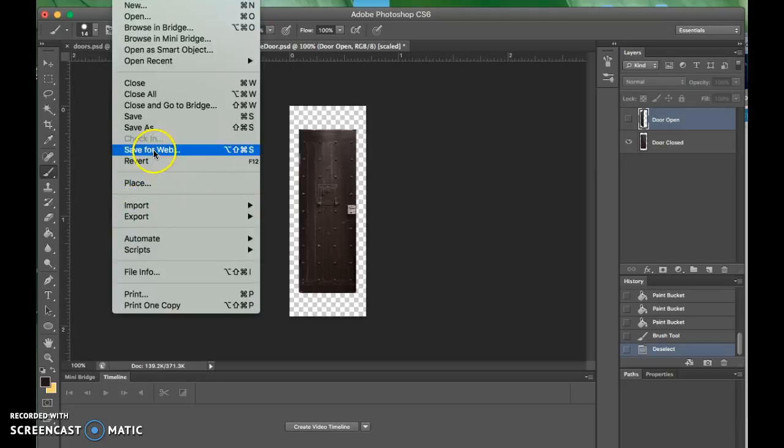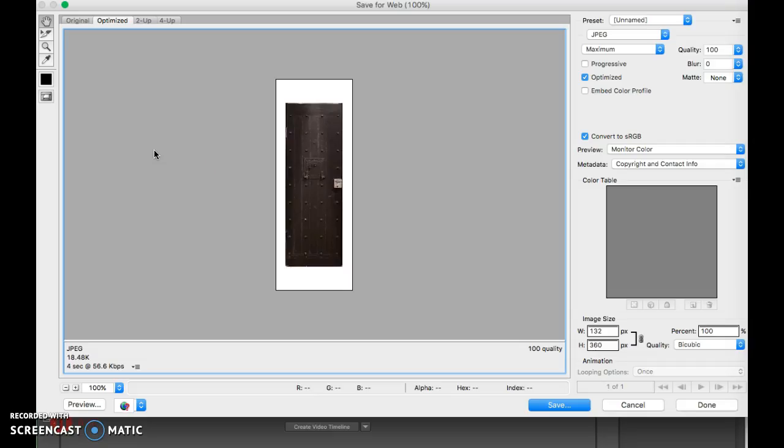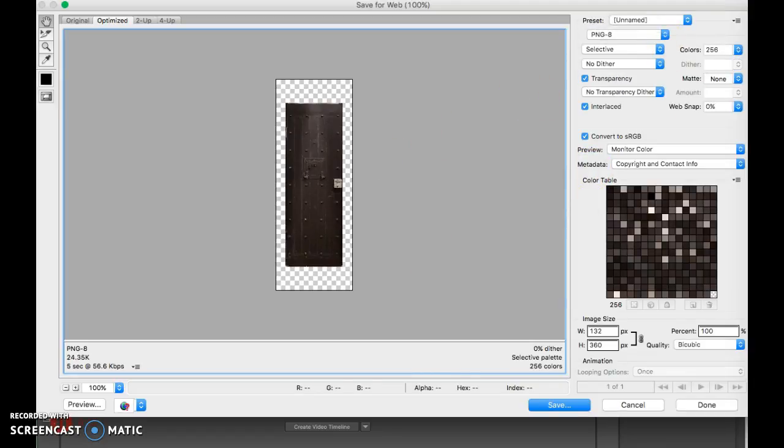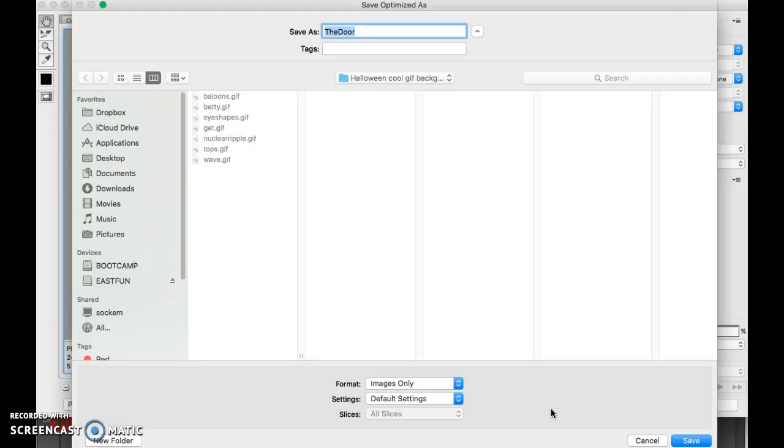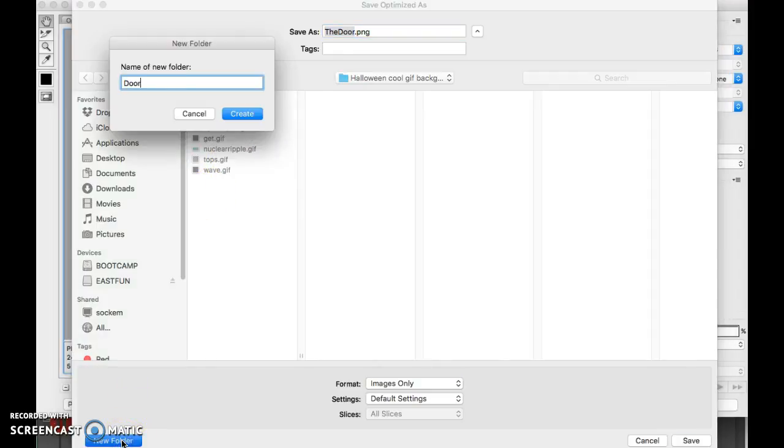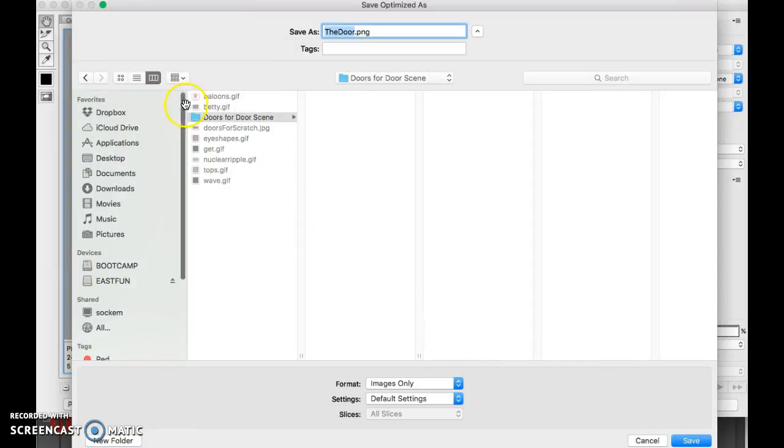So I'm going to go save for web. I'm going to change this to PNG because it's important. It's got to be PNG with a transparent background. I'm going to make a new folder for the doors, doors for door scene. That's great. I'm going to then store the door. I'll call this guy door